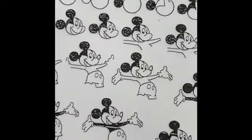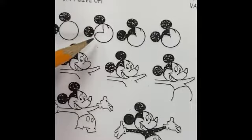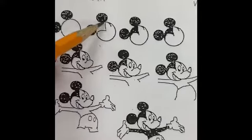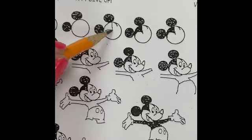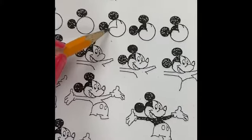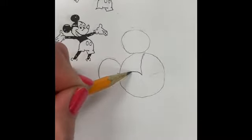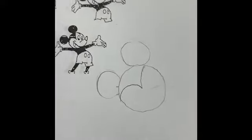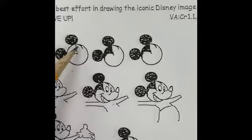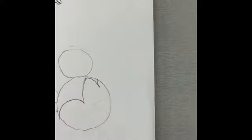Now we're gonna look at the little triangle shape. Does it touch anything? Yes, it touches that top ear, comes to almost the middle of the circle, and then it goes just a little bit past that ear. So then I'm gonna come down here and do that. Comes almost to the middle of the circle and goes just a little bit past that ear. Then you have that little baby triangle up at the top. Okay,